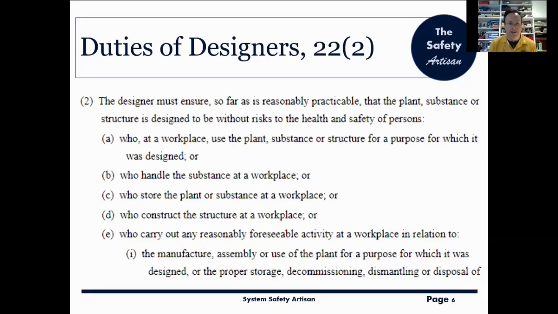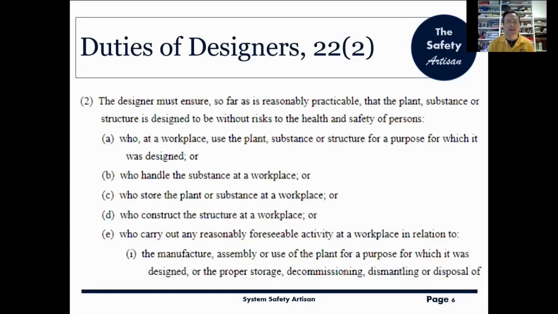And then if we're now on to part E, brackets I, we now get a long list of stuff. Any reasonably foreseeable activity includes manufacture, assembly, use, proper storage, decommissioning, dismantling, disposal, etc. We run out of space there.